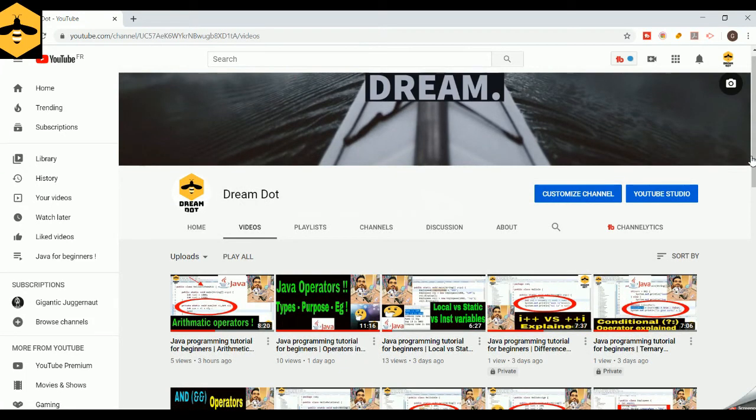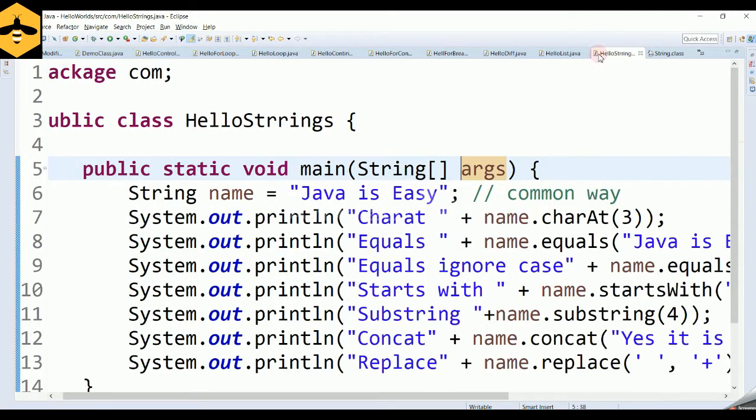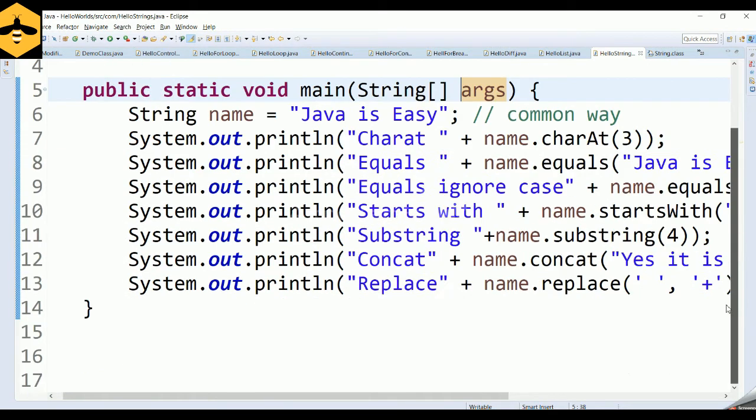In this video, we're going to talk about one specific topic in Java and one of the most commonly asked interview questions: why strings are immutable in Java? As we have seen earlier, there are two ways by which you can create a string in Java. So first, let's try to find the difference between those two ways.